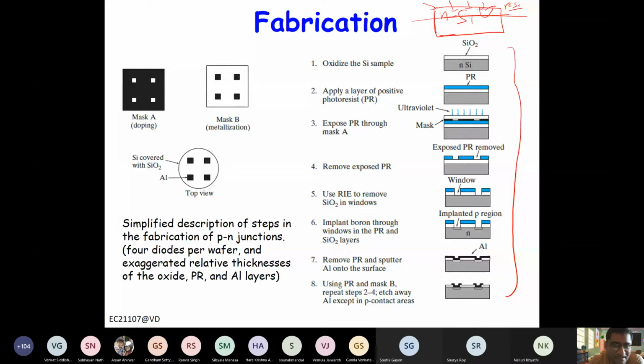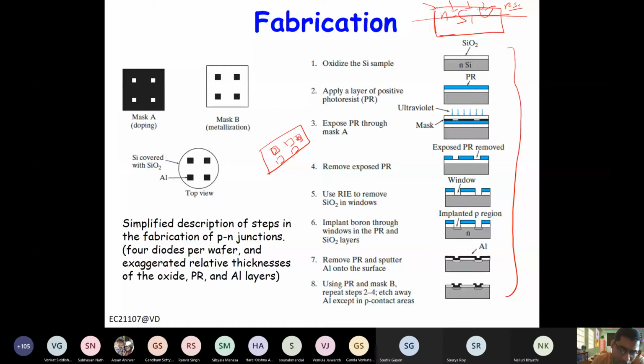We want to make devices, right? So we have to choose some places where we want to make a PN junction, and we have to make the circuit also, right? So in this example, let's say this is the top view of the silicon. We want to make a few pockets, right? Let's say we want to make some n number of diodes. In this example, there are 4 of them. So we will make 4 pockets here